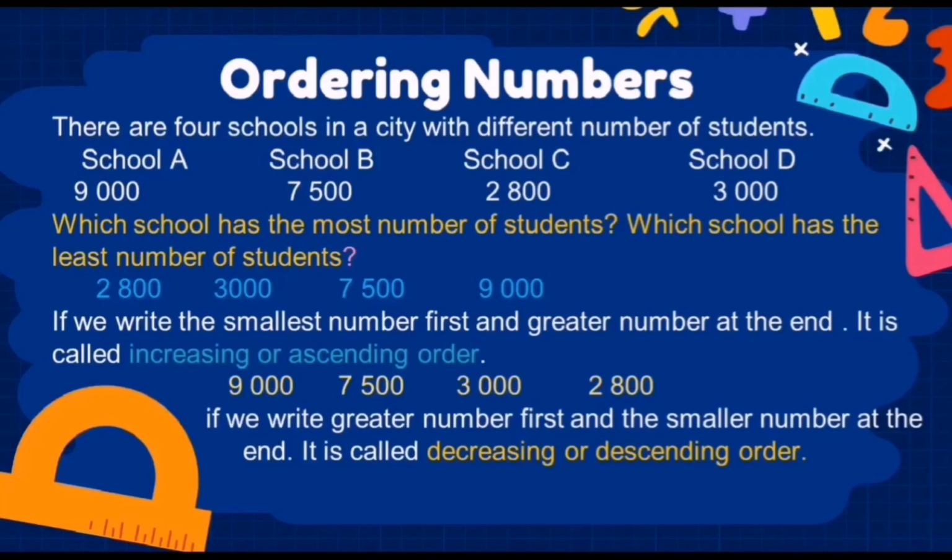We can also arrange the numbers from greatest to smallest. If we write the greater number first and the smaller number at the end, it is called decreasing or descending order. You can see on the screen, in descending order, I have written 9,000 first, then 7,500, 3,000 and at the end